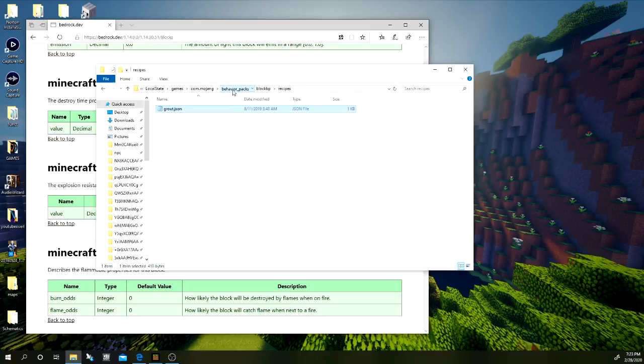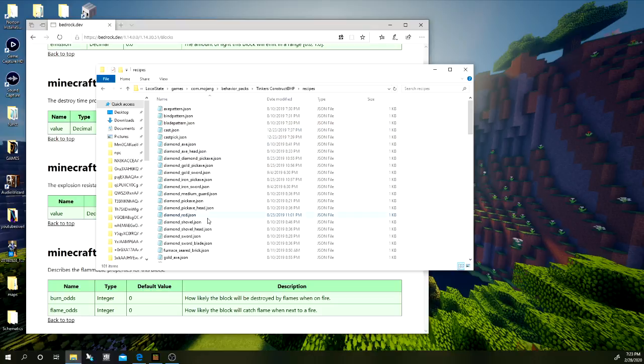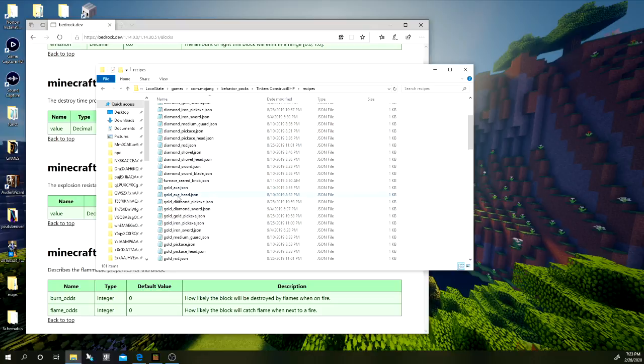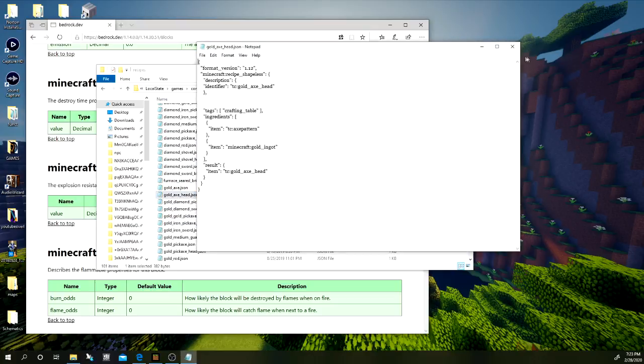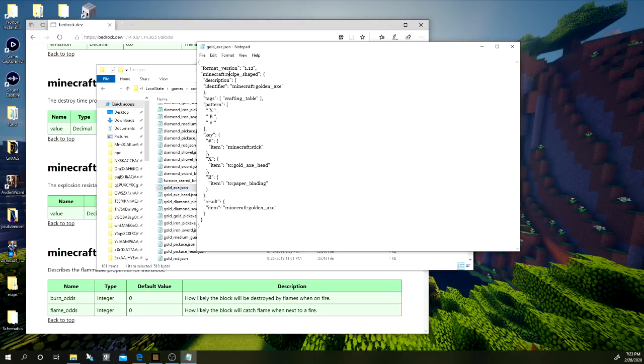Let me go ahead and go back to my Tinker's Construct. Go to my recipes, and I'm going to click on the golden axe head. I think, nope, that one's a shapeless as well. Maybe it's the golden axe. Yeah, okay, so this is a recipe shaped. This is the identifier for the Minecraft golden axe. Now this is how you would go through. This is for Tinker's Construct, but you would do the tags crafting table, and here's a pattern, which is X,